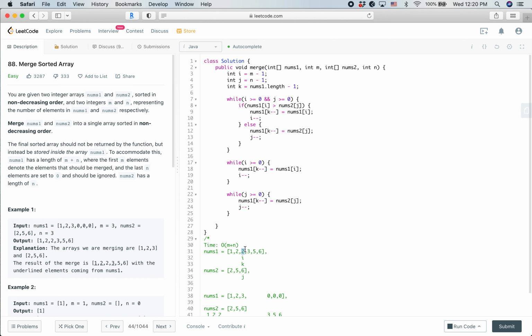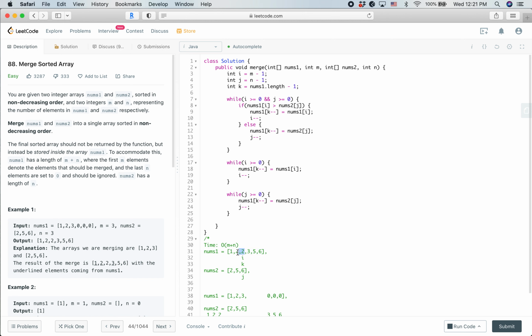So what should we do? When k is here, it means 3, 5, 6 are the largest three numbers. So if 2 is here, it means behind it all the numbers are coming from